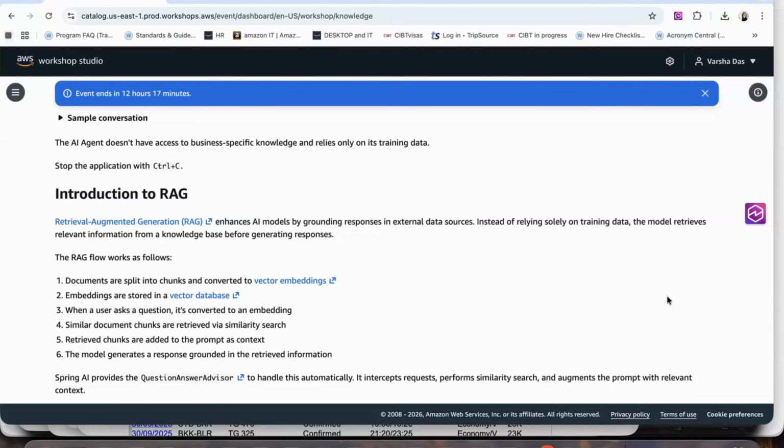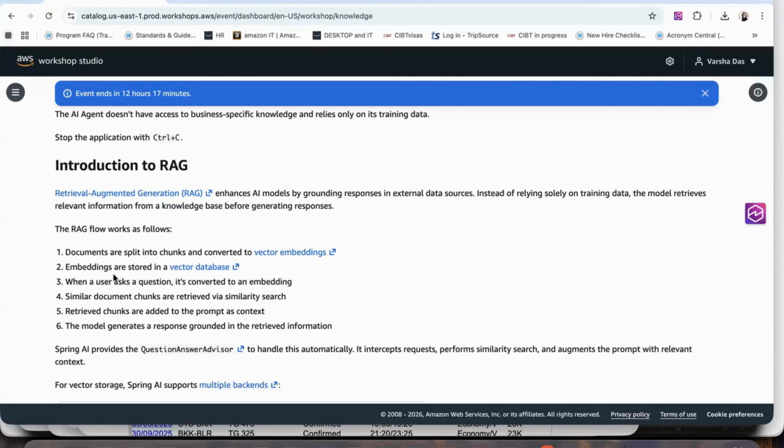So remember that LLMs are trained on static data which has a cutoff date, and if you do not give it the appropriate external data source, it is going to hallucinate because it doesn't know the answer, and it doesn't know the answer because it doesn't have access to your proprietary information. So RAG solves this by retrieving the relevant information from your knowledge base and injecting that into the prompt. How it works is this is the flow that